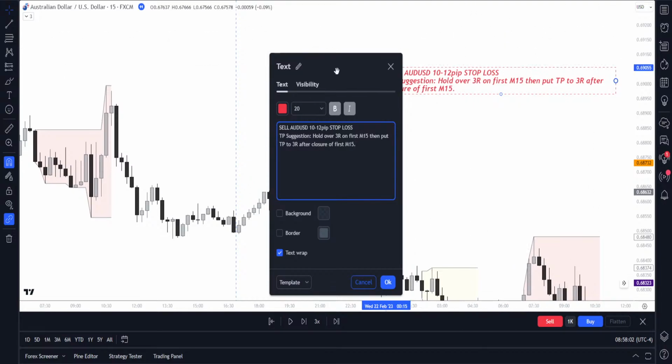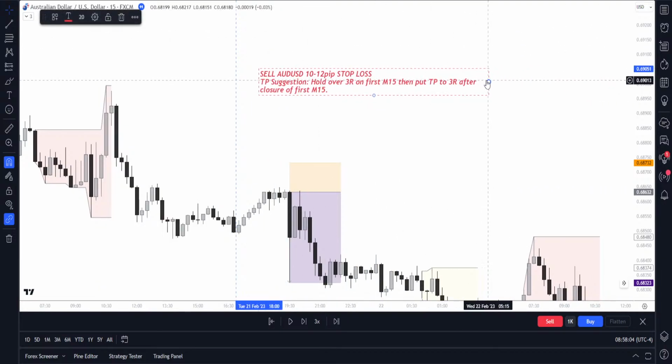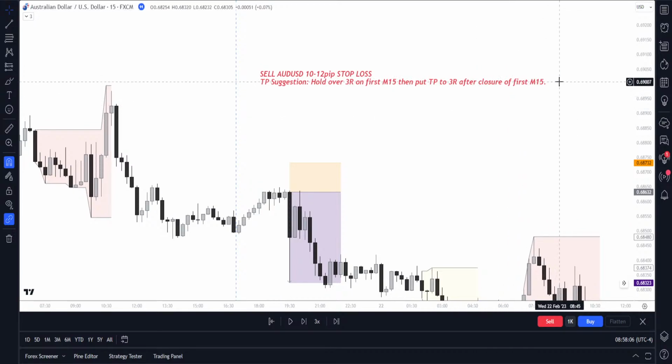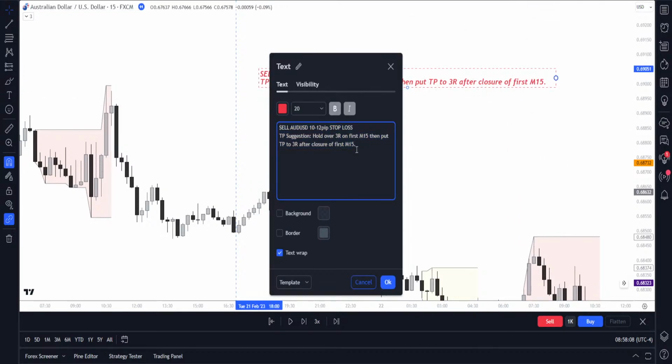So this is going to be the trade tonight. It's going to be both. Obviously we're not only selling USD, I'm going to type out the other one too. Sell